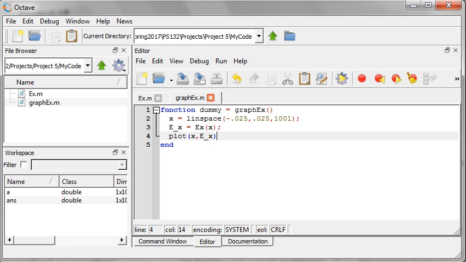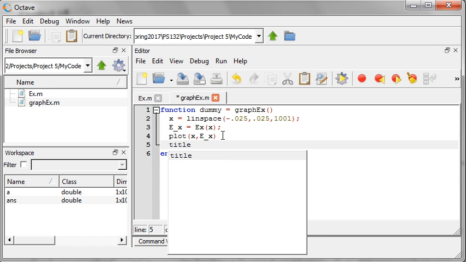This is project 5, video number 3, the documentation and finishing touches. I think the first thing I want to do is to title the graph. And let's see, we're plotting the x component of the electric field. That's all there is, so it's actually the magnitude of the electric field, but